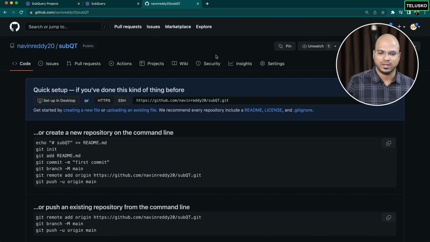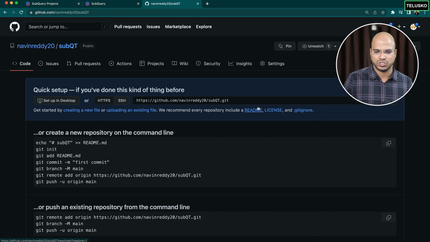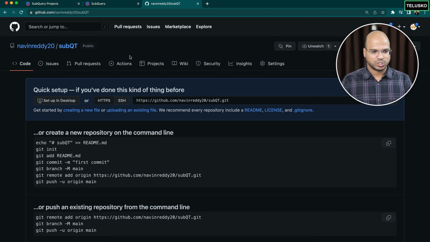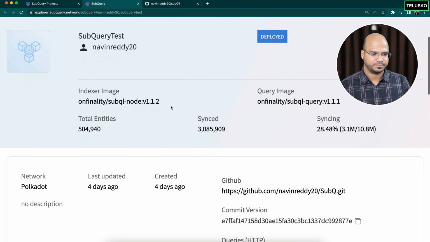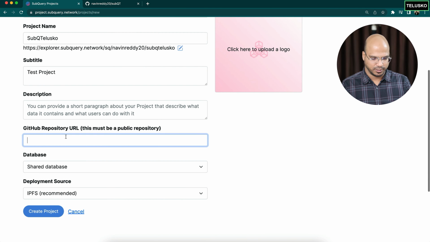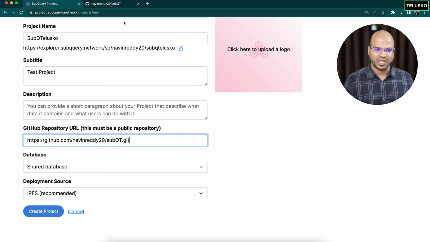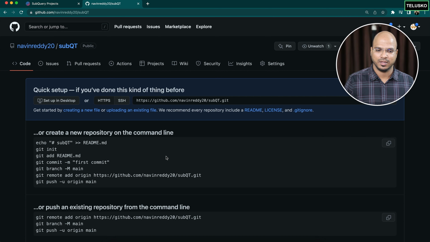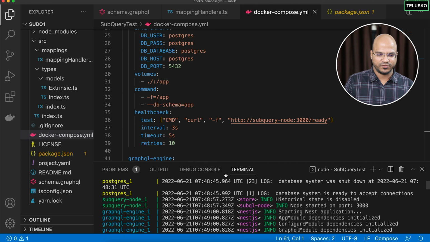Now, how do we access that? This is your link which you were supposed to use. So you can just copy this link and paste it. Not here, this is my old project. Just paste it here. But there's one more problem, right? We don't have the project in the repository. You can see this is empty. So basically in your VS Code, you have to push your project.